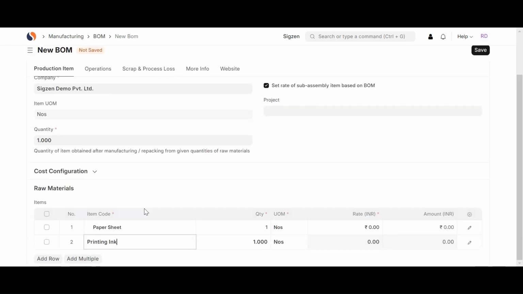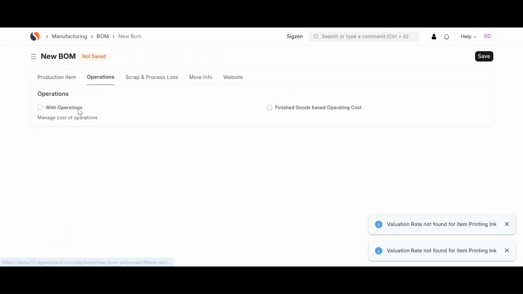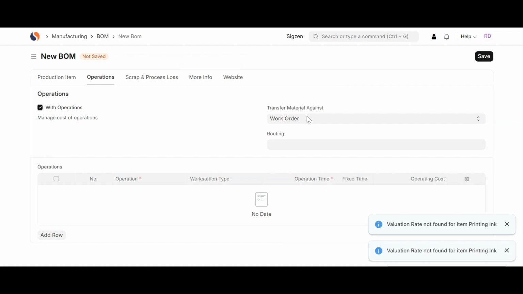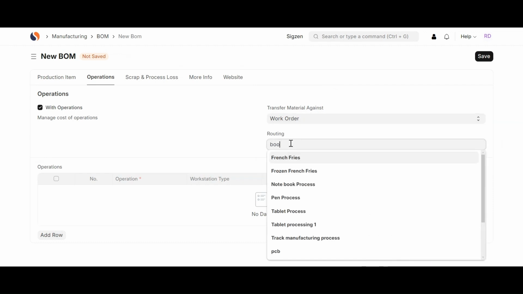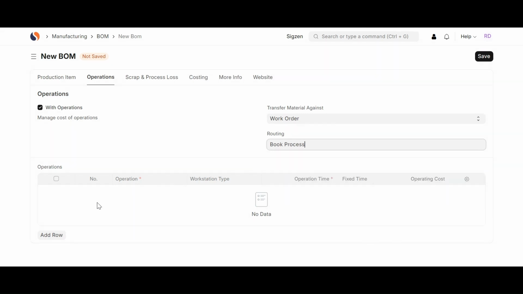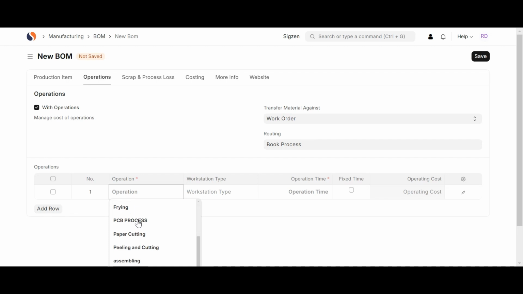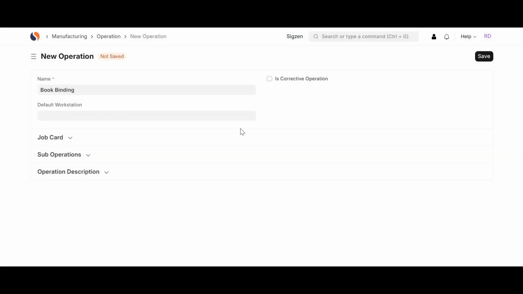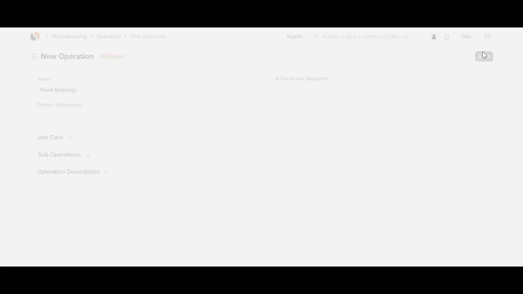After, click on Operation, select the checkbox With Operation and select Transfer Material Against Work Order and click on Routing and select routing name Book Process. Add Raw and click on Operation and click on New Operation, after insert operation name Book Binding and click on Save.